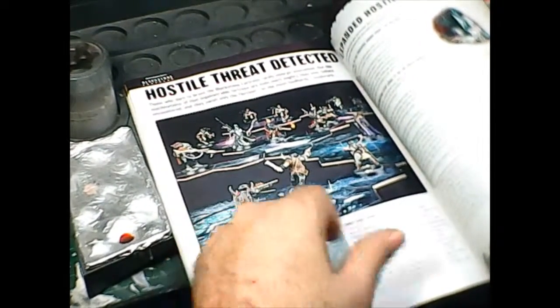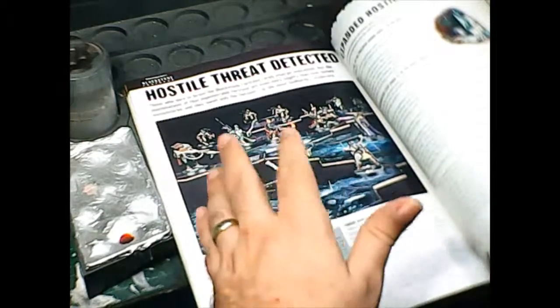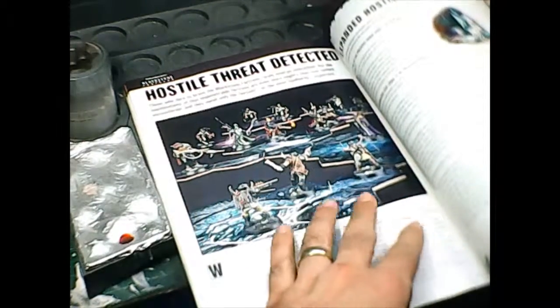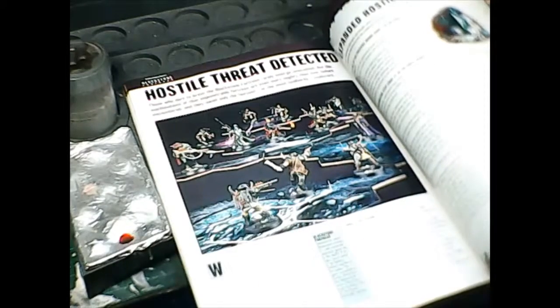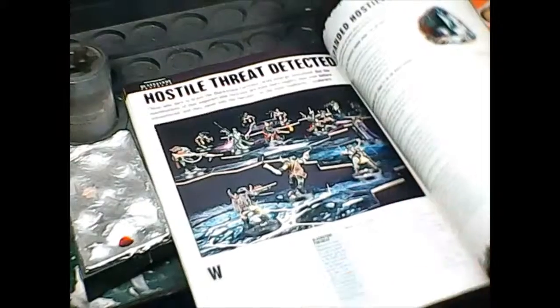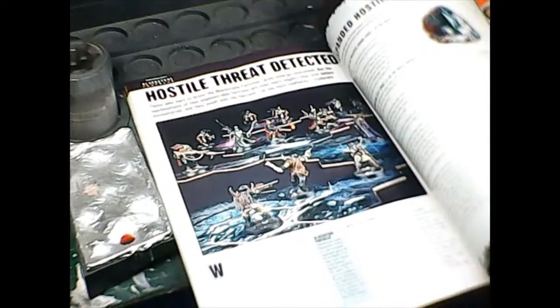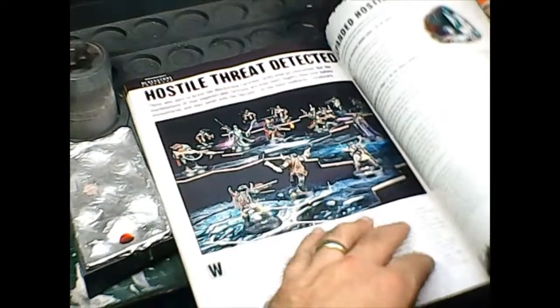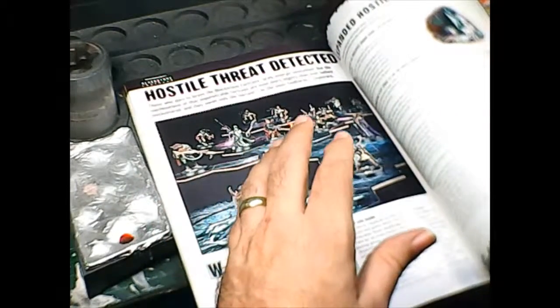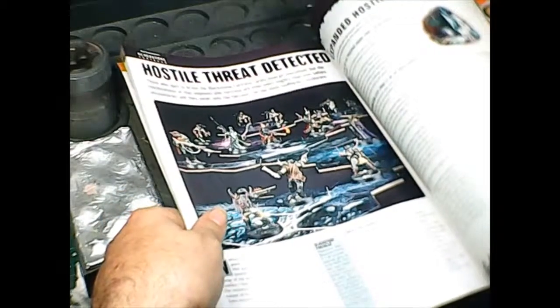And Blackstone Fortress is another one of those games and box sets where it just comes with a ridiculous number of figures, and they all look fantastic. They're not found anywhere else in any of the games, so it's not like the Bloodletters that come with Wrath and Rapture. Those look really fantastic. I can go buy a box of Bloodletters if all I want is Bloodletters. These guys aren't in anything but the Blackstone Fortress box set,